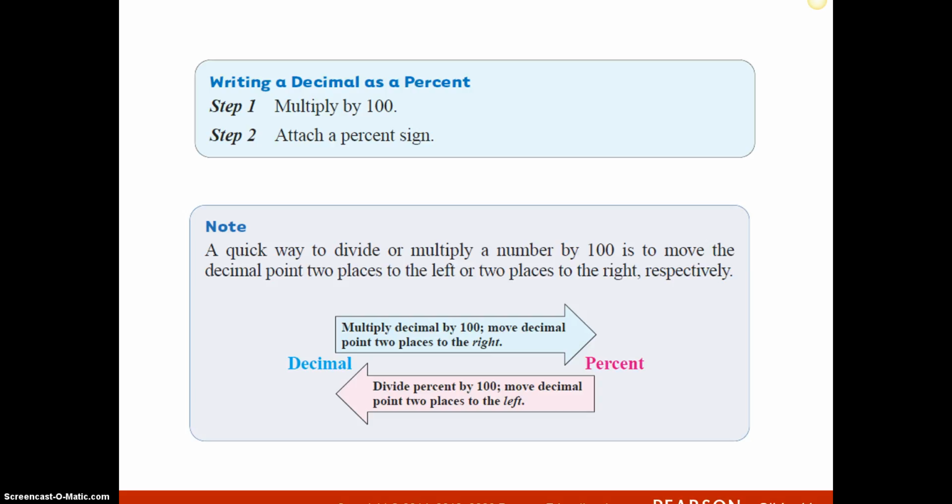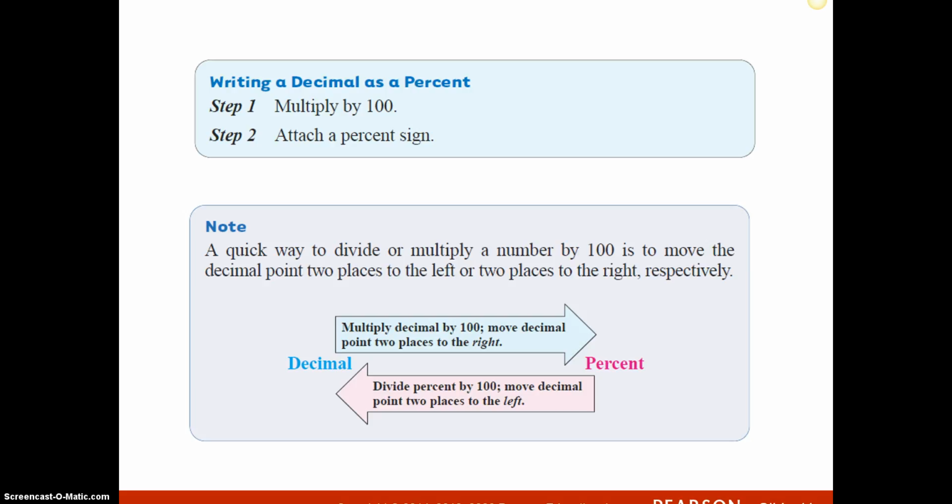Now let's go the other way. Now let's write our decimals as a percent. So if we go from a percent to a decimal, we move it twice to the left. Well, now when I'm going from a decimal to a percent, I'm multiplying by 100, so I'm moving twice to the right. And again, if you need to, you can feel free to pause the video and copy